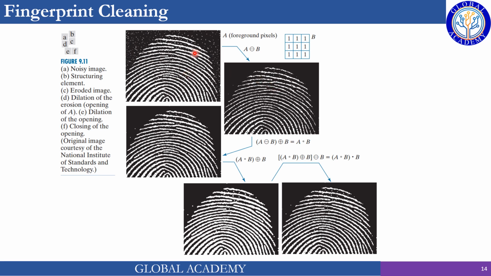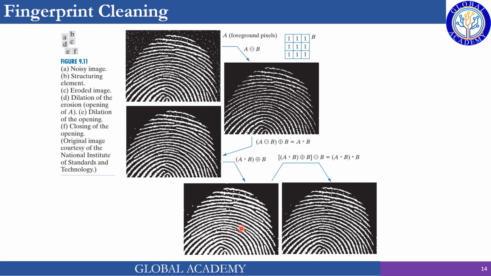So first do erosion and then dilation. So it's like opening, erosion and then dilation. In erosion we removed most of the dust particle points, and then after dilation we got the same size ridges. These fingerprint ridges are in fact reduced or thinned, then thickened, and once again apply dilation and then erosion. So that's like closing.